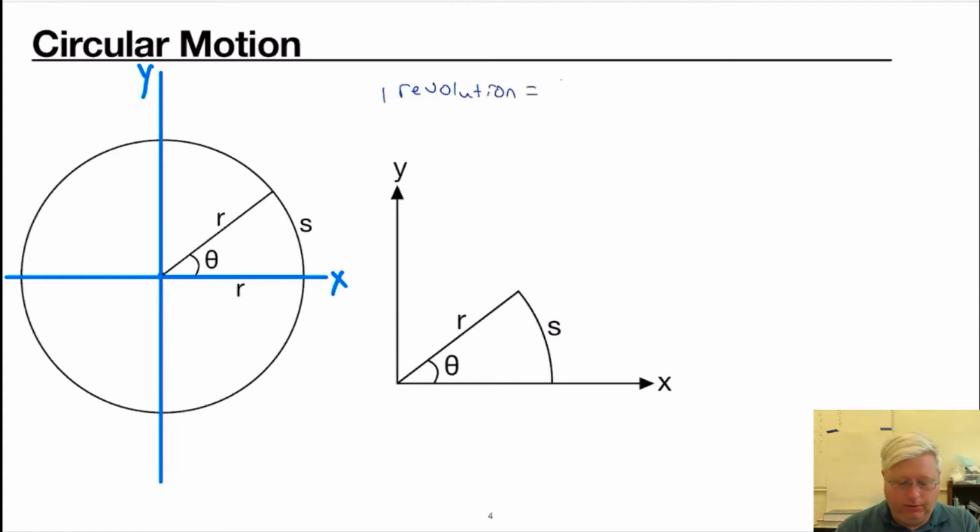So we know there's 360 degrees in a circle. We can also describe it in terms of radians. There are 2 pi radians in a circle. Okay, and using radians is helpful because it allows us to relate the angle of